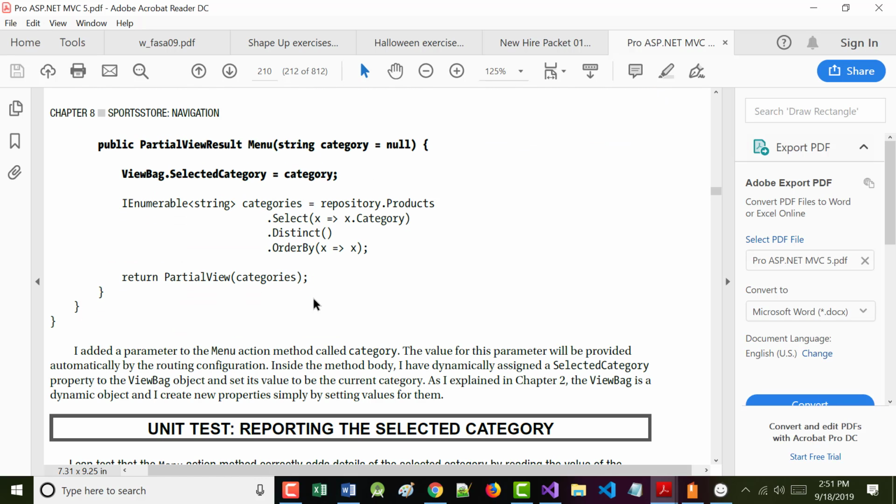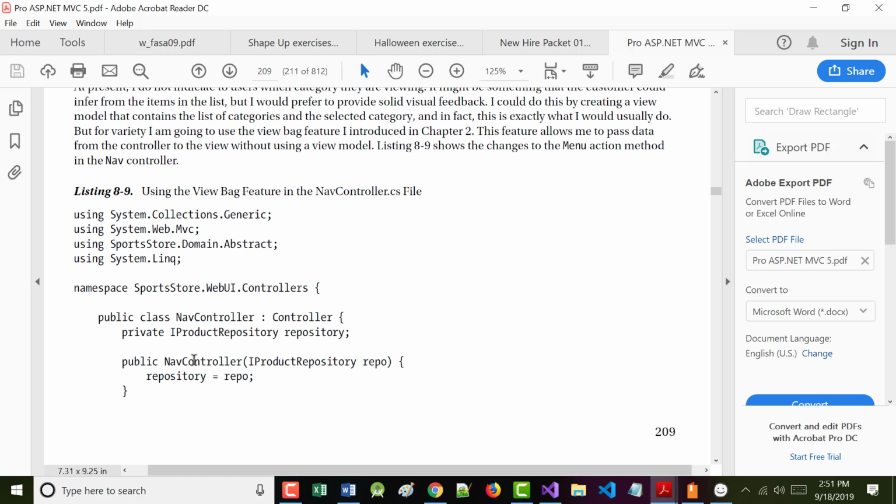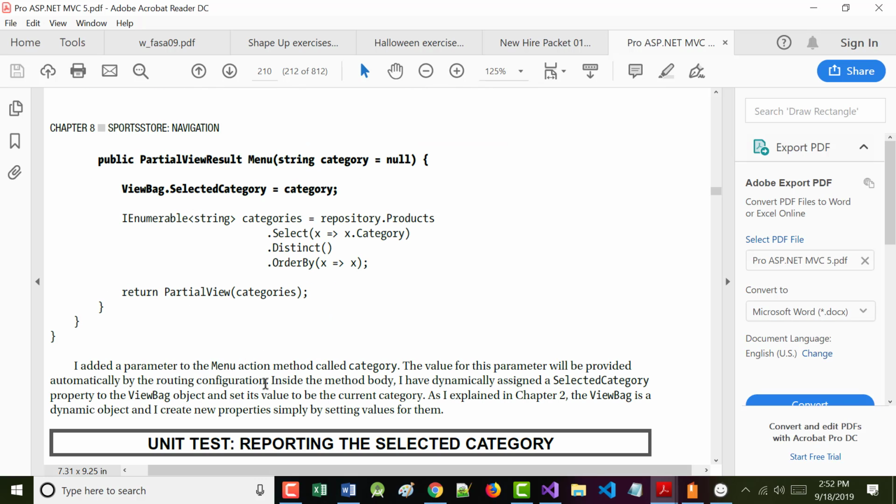And what it says in here is down toward the bottom, right after our constructor, we want to add this, a partial view result. So this right here.